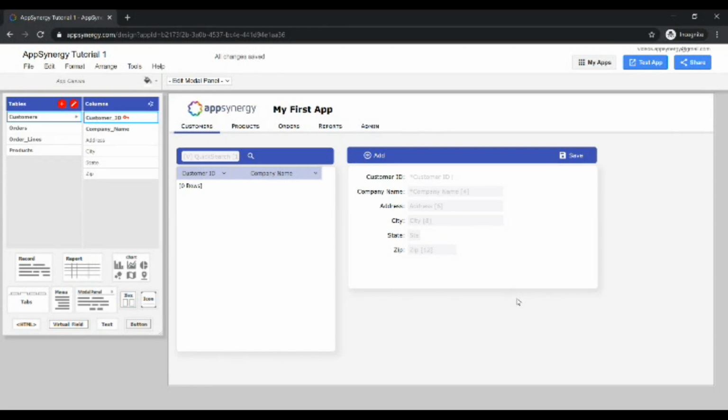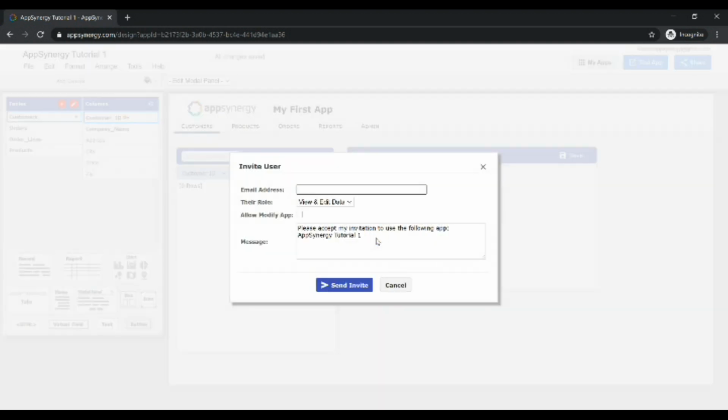In this AppSynergy tutorial, we will briefly cover how to share an application, user accounts, and security roles. To share an application with another user, click the Share button, then click Add User. Then enter their email address,